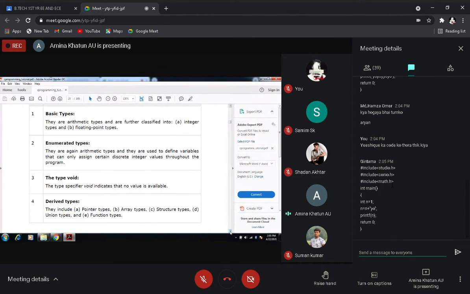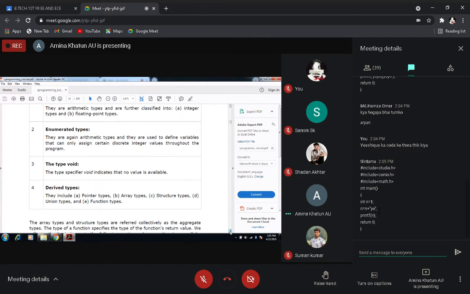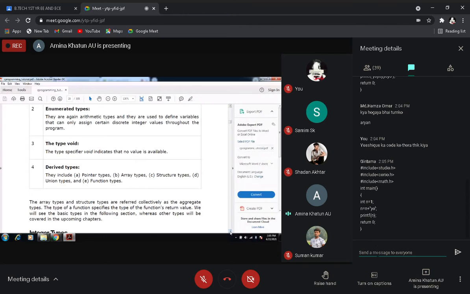So primary data types, integer data type, float data type, these are the primary data types. And next are derived data types, meaning the data types which are created with the help of the primary data types. So pointer, array, structure, union, function. So you will see these data types. These are the derived data types.